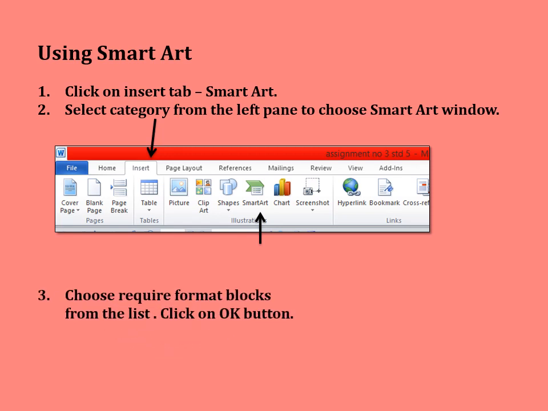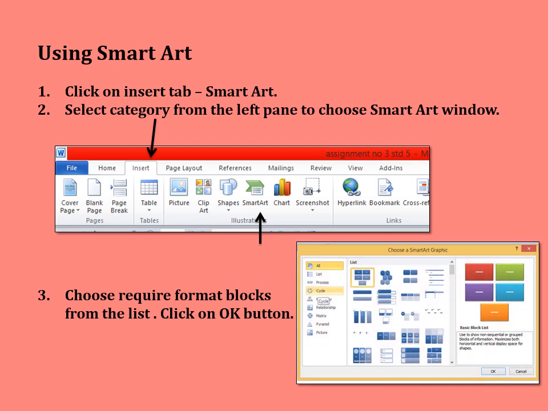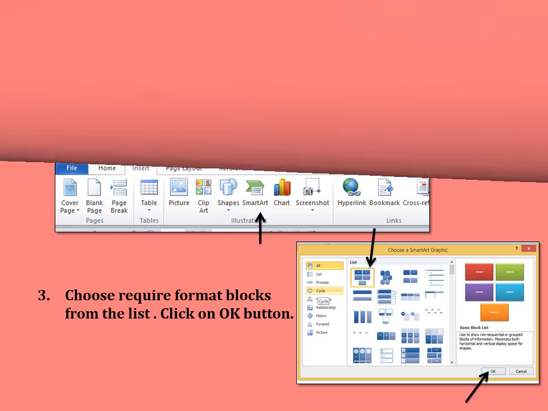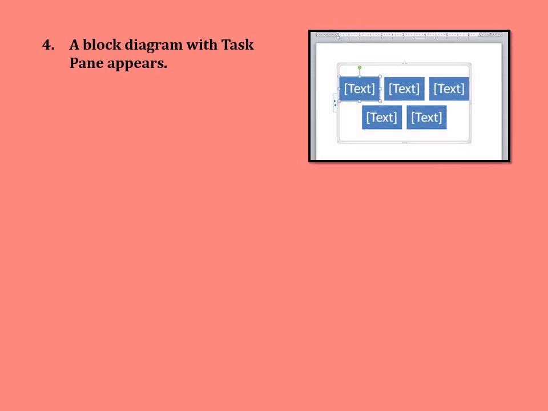Then choose the required format of blocks from the list. Please see the second image, the required format block. Once you select, click on the OK button. A block diagram with a task pane appears. See the image?